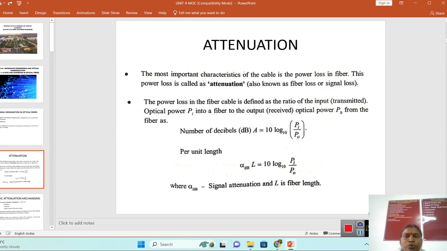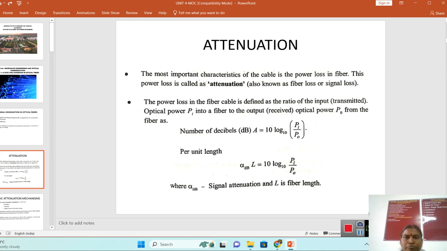Next, we are going to see about attenuation. The most important characteristic of the optical fiber cable is the power loss in the fiber. The power loss is called attenuation, also known as power loss or signal loss. We can measure the attenuation in decibels as 10 log10 (Pi divided by P naught). We know what Pi and P naught are. Pi is the input optical power or transmitted optical power, and P naught is the received optical power or